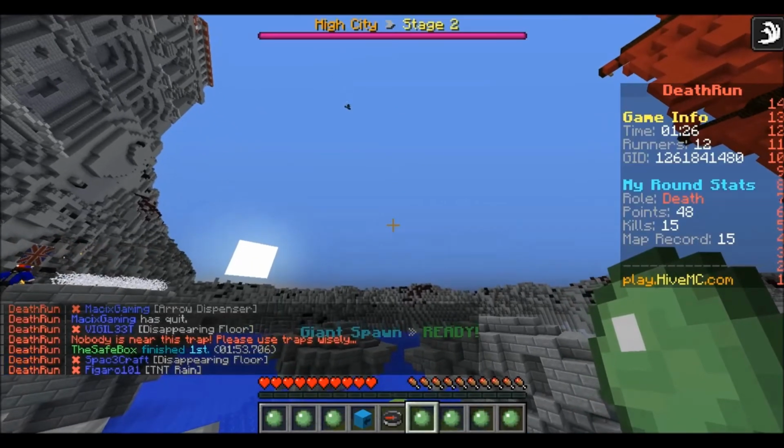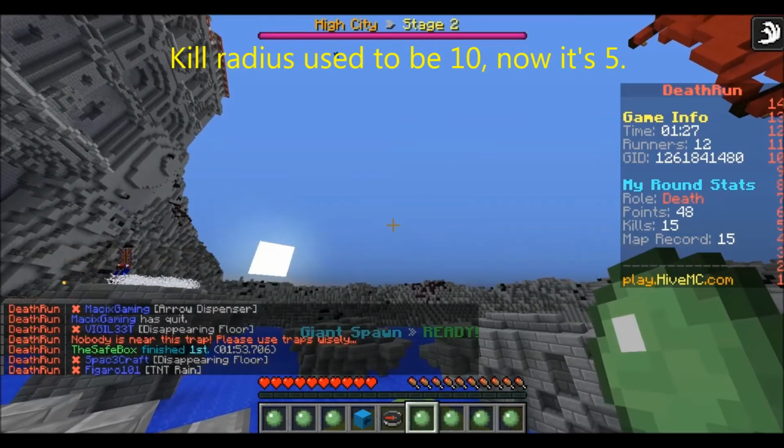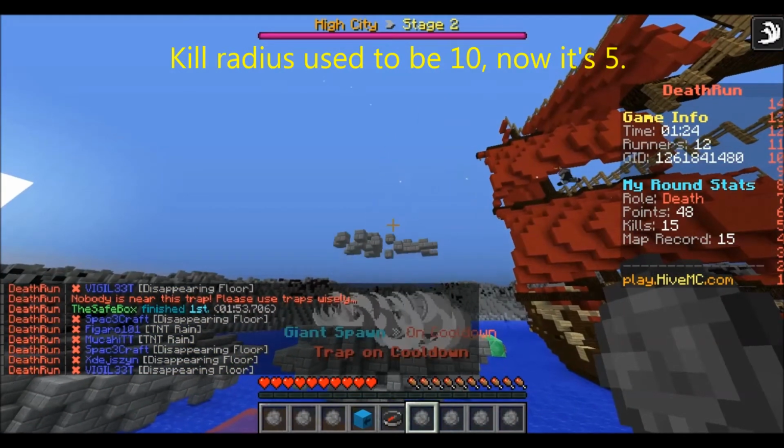Another change they made was halving the giant's damage radius. To me, that was a bad bug fix. I understand the desire to make it a little smaller, but even though it's hard to get around, people need to remember it's a one-time use trap, so it should be really hard to avoid since death will no longer get to use it. If you were going to shrink the kill radius, I wouldn't have gone much smaller than, let's say, 8,